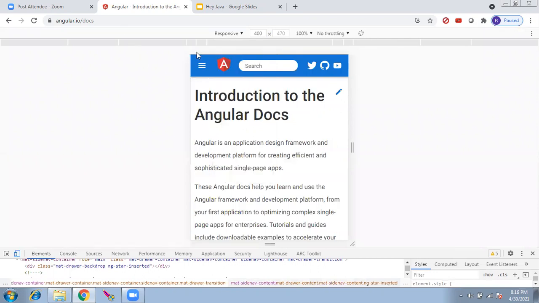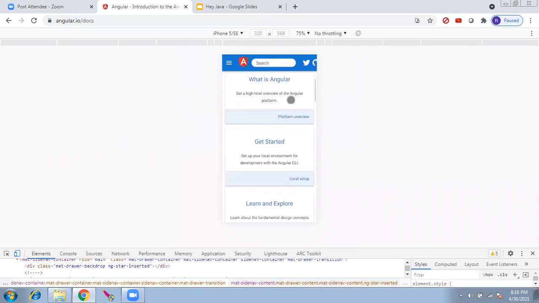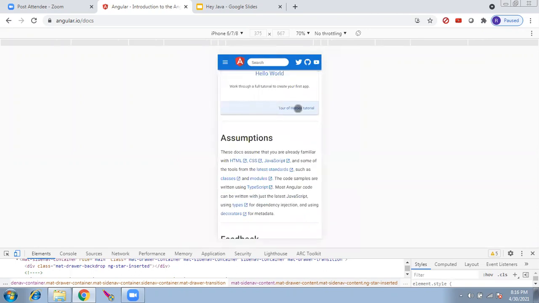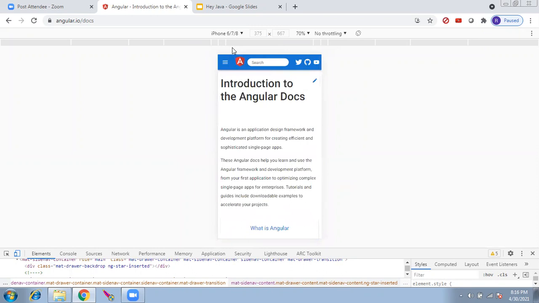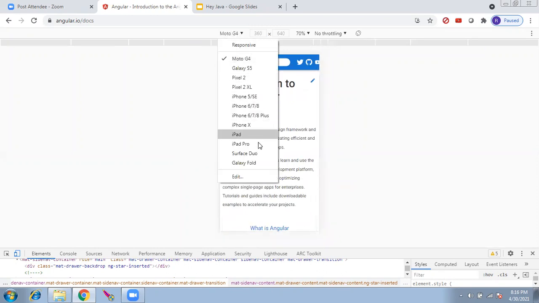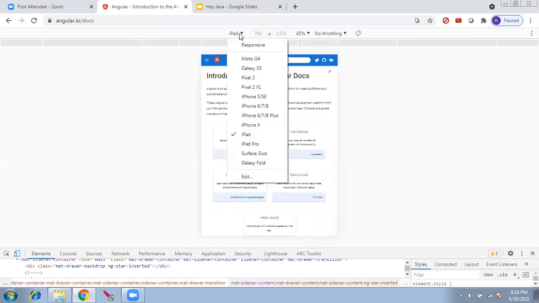So the same website, when I see it in iPhone 5 or SE, it will be like this. When I see it in iPhone 6, 7 or 8, it's going to be like this. Moto G4, iPad, it's going to be like this.